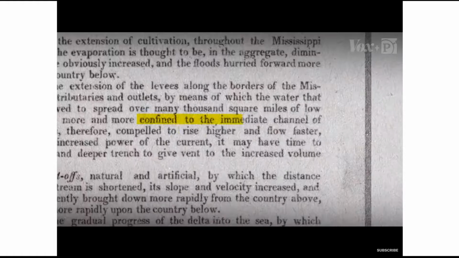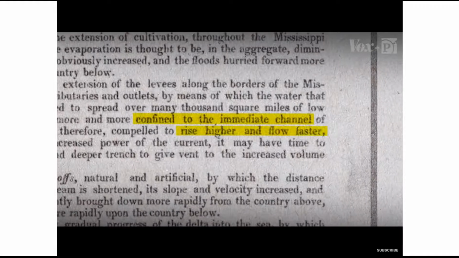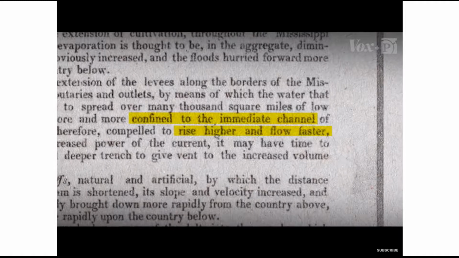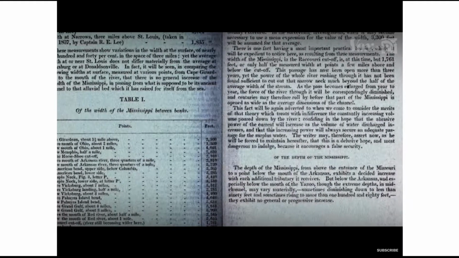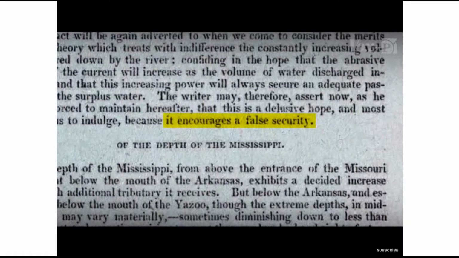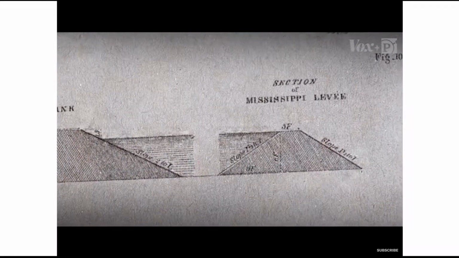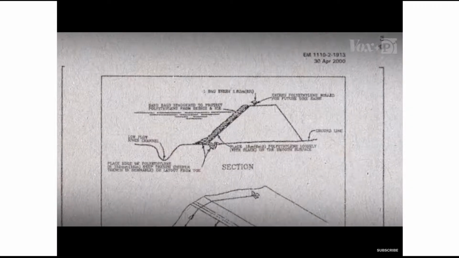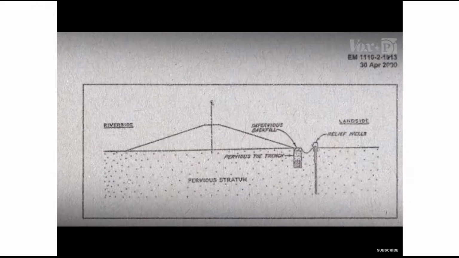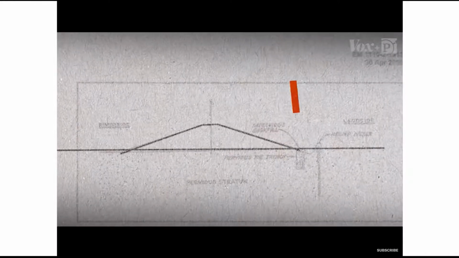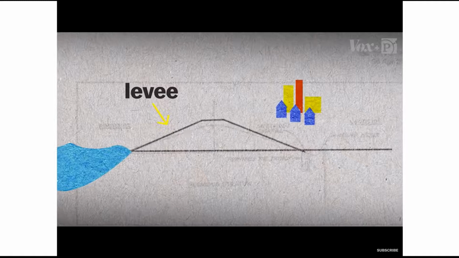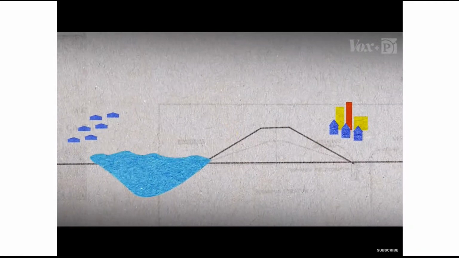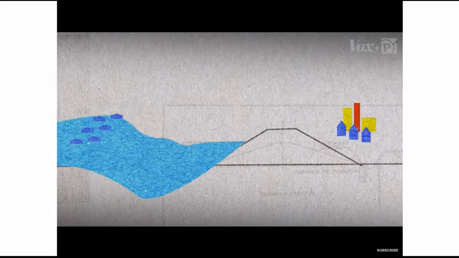civil engineer, cautioned that levees confine rivers and cause them to rise higher and flow faster. And relying on levees encourages a false security. But he was largely ignored. Levees became the default for flood control, mostly funded and constructed by local entities. Some riverside communities that could afford it built taller levees for more protection, while less fortunate neighbors dealt with the